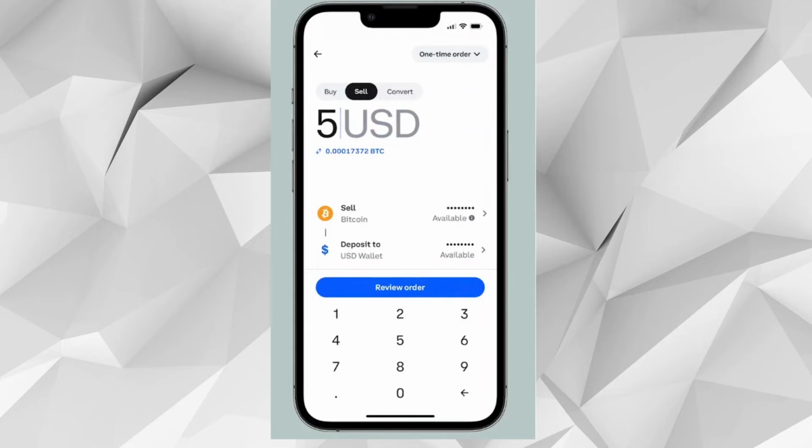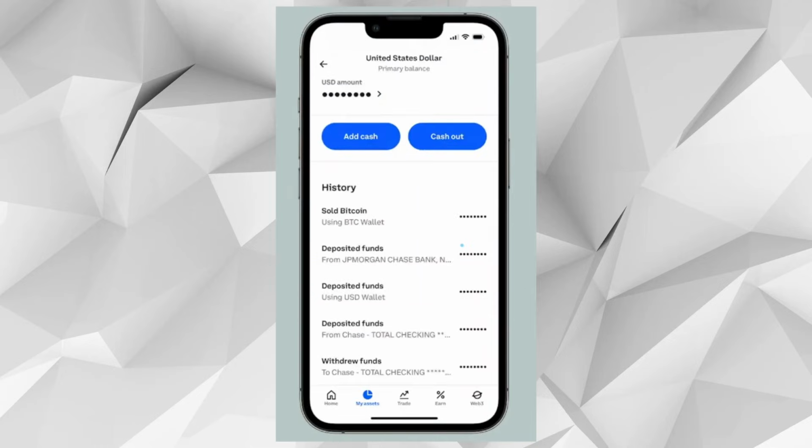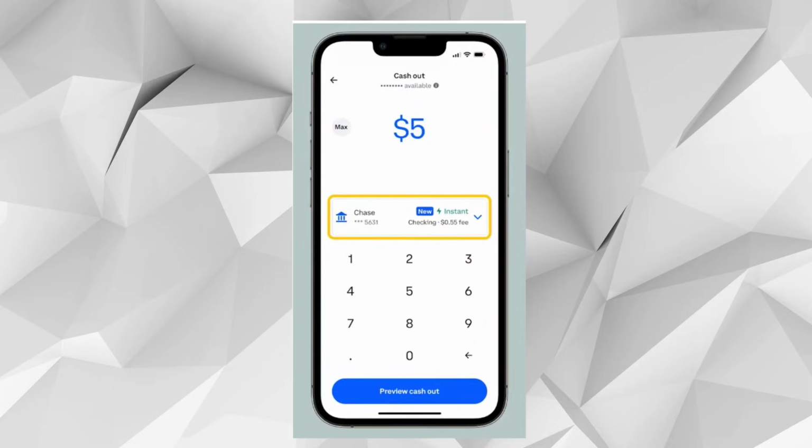Now return to My Assets, select your local currency balance, and tap Cash Out. Enter the withdrawal amount, select your bank account or payment method, and click Preview Cash Out to review everything. Finally, confirm the withdrawal. Coinbase will process the request and send you a notification once the funds are successfully transferred